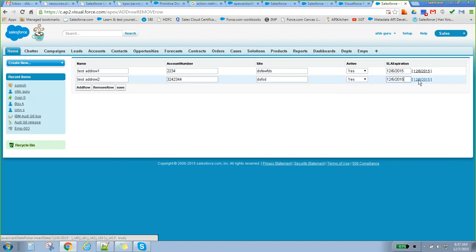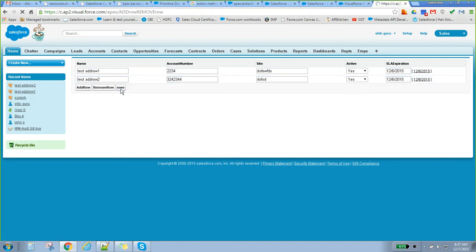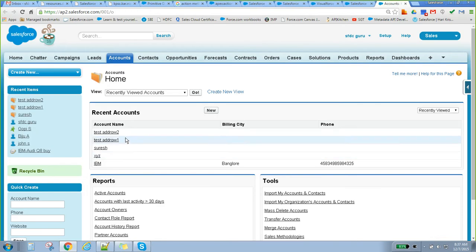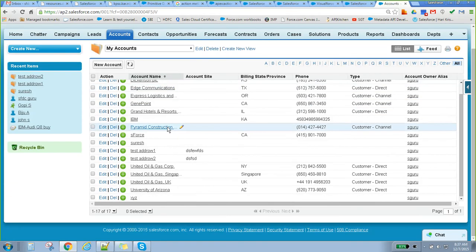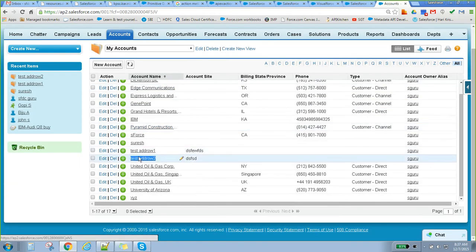Now if I click on this, it is going to create two records. See here, test add row 1 and test add row 2.